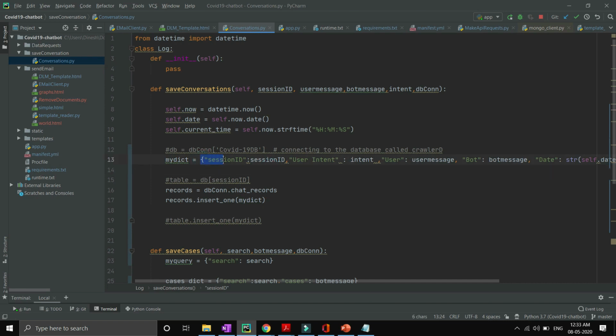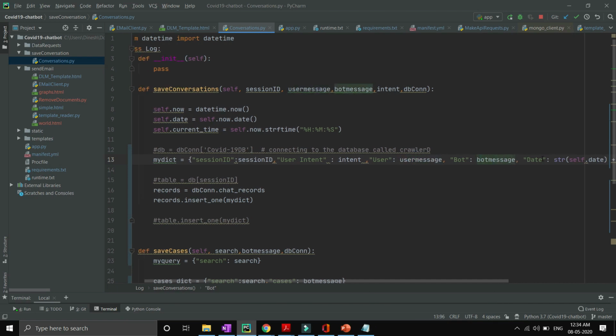So I'm creating a dictionary where session ID and user intent act like keys, user and bot act like keys, and the username and bot message act like values. So we are saving the data in the form of key and value pairs. Now I'm getting my collection name chat records inside the DB connection, and I'm putting it inside records. Now I'm doing records.insert one, and I'm inserting my dictionary.